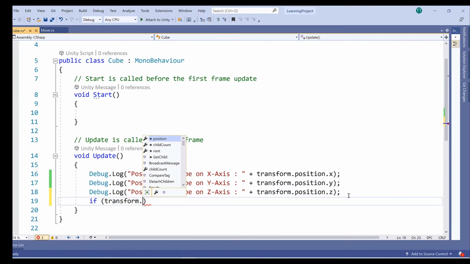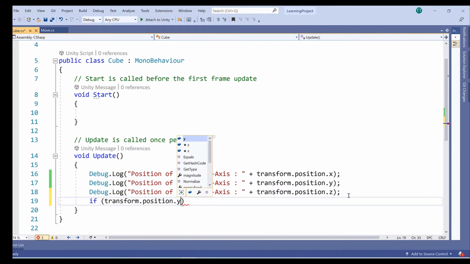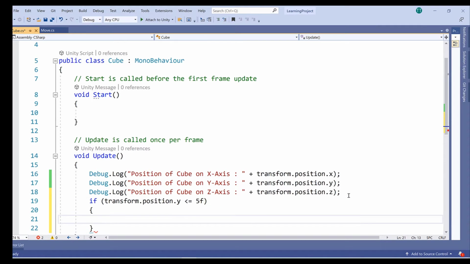If transform.position.y is less than or equal to 5f, if the y value is less than 5, then I want to display a message over here,